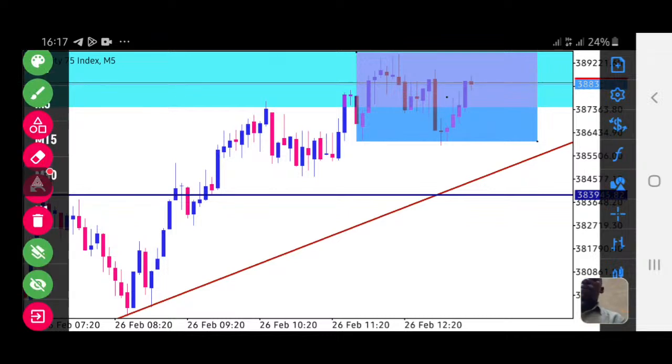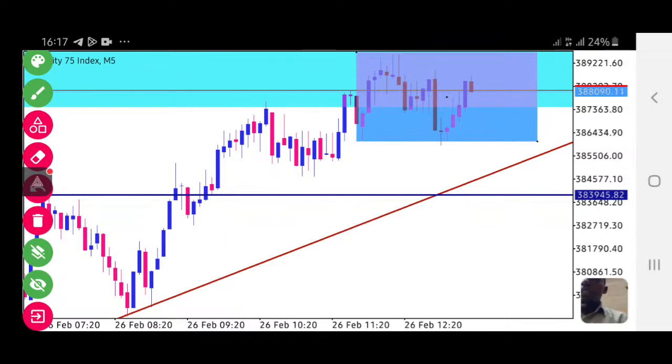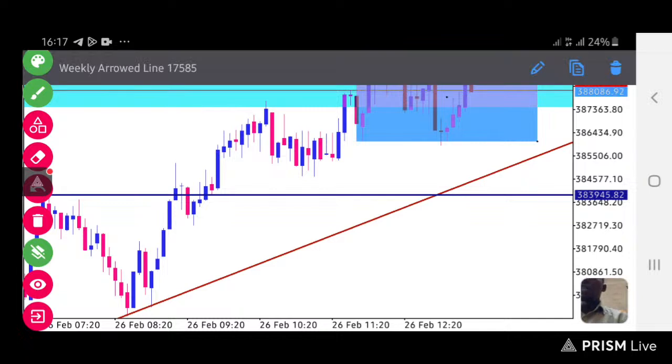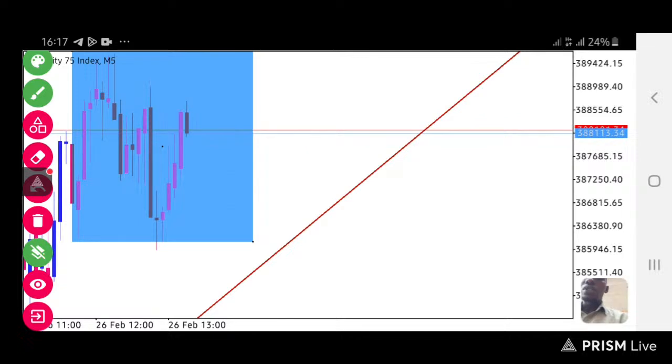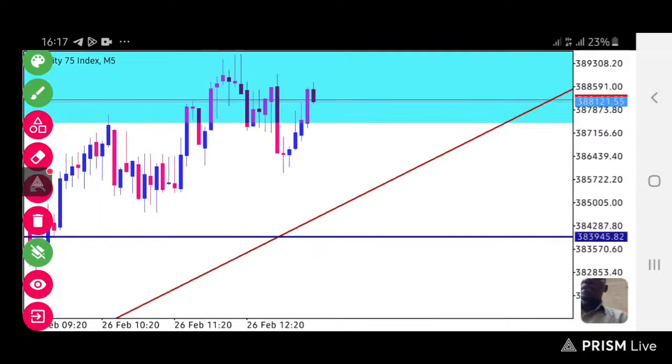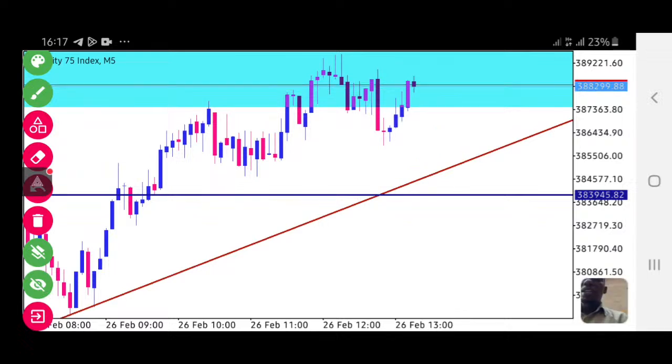What we can see is that the market had been making high highs, high lows, high highs, high lows. Let us see if the market breaks here and continues. But we can see the power of pushing the market up is going down. You can see the buyers are losing morale, guys.